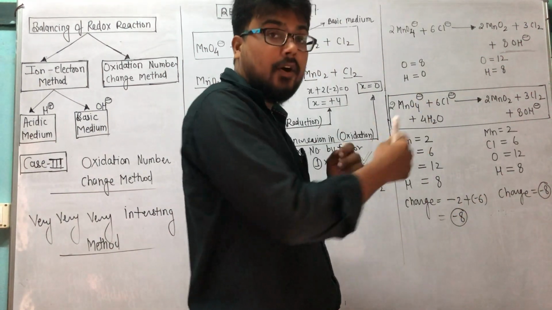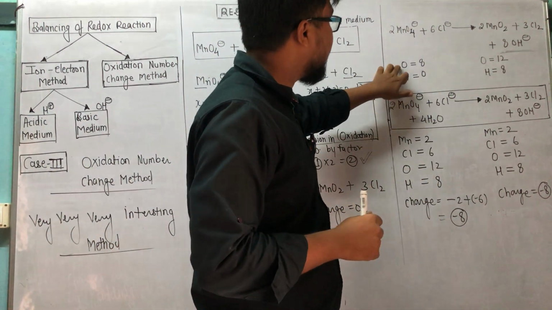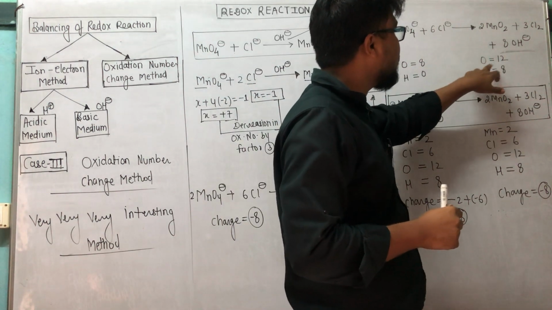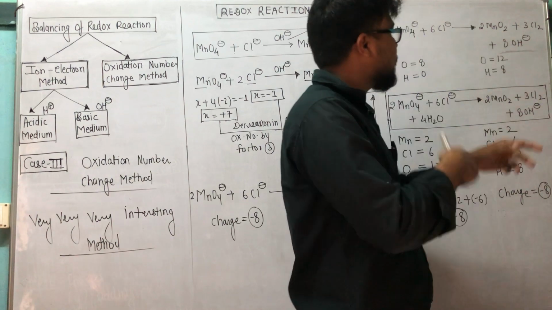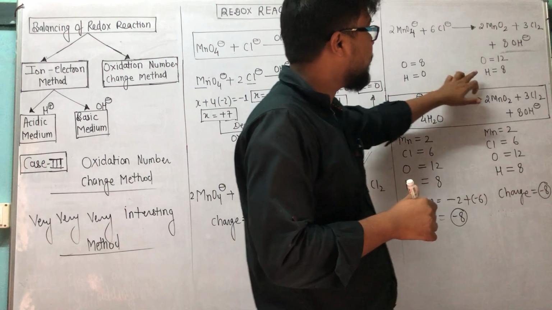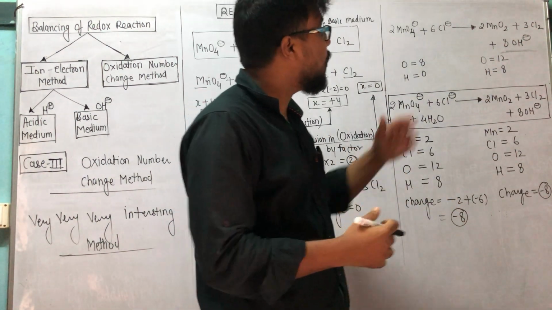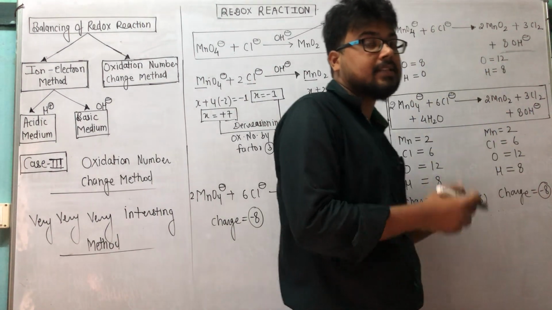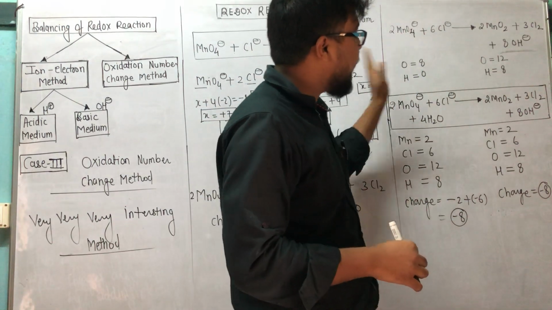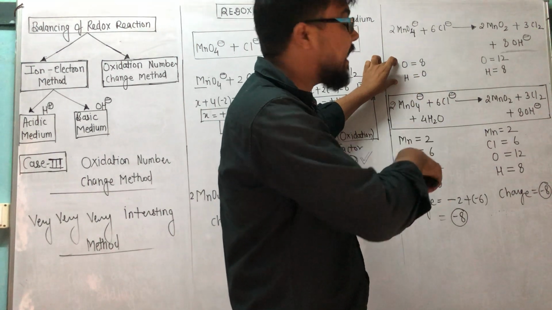Now check oxygen and hydrogen atom, just like hit and trial method. Here oxygen atoms are 2 into 4, 8, H is 0. Here oxygen atoms are total 2 into 2, it is 4, and 8 oxygen, it is 12. And what is the number of hydrogen? It will be 8, because after adding 8 OH minus, I have more oxygen and more hydrogen as compared to earlier, correct? So now after adding oxygen and H atom, see the left side, they are not balanced.